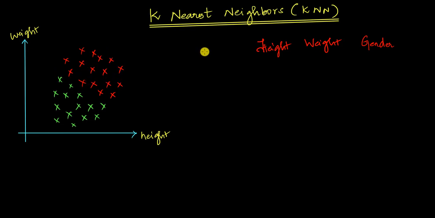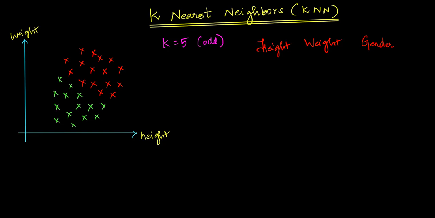Our goal now is to predict, for any given data point which is not in the data set, whether that particular point belongs to the male category or the female category. In order to do that, we need to first choose a k value. So that is why we have the k nearest neighbor. So initially I'll choose the k value to be 5. And please remember that this k value should always be an odd number. I'll explain why we need to choose an odd number as I explain this.